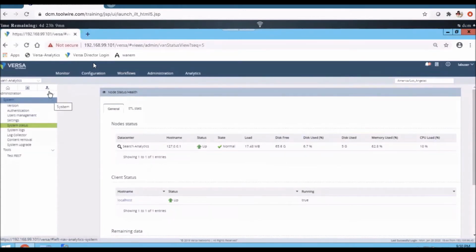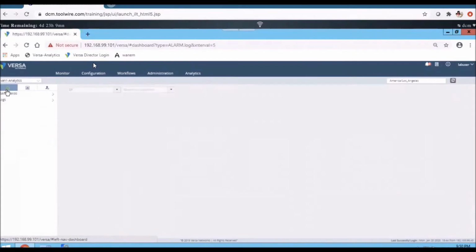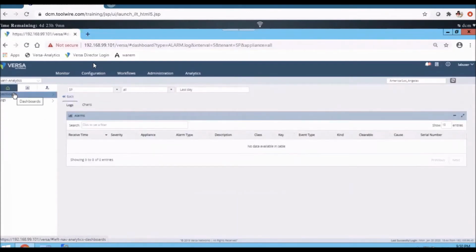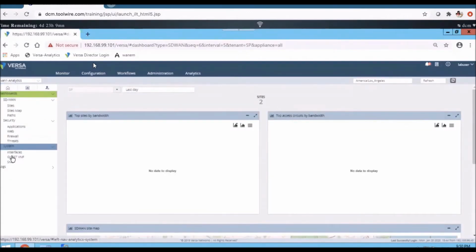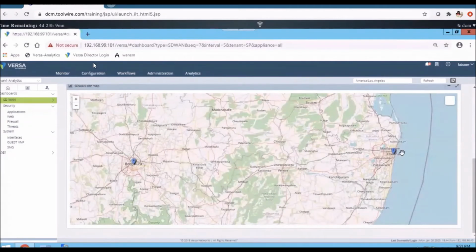If I click on something related to the dashboards, it has rich dashboards, and whichever dashboard we want, we can click on it. For example, I'm clicking on this SD-WAN to get some of the UI options. It provides the top sites by bandwidth, the top access circuits by bandwidth, and some information related to the locations.